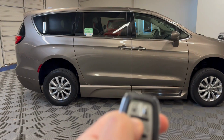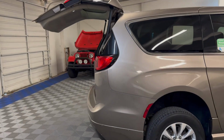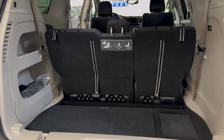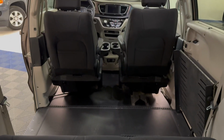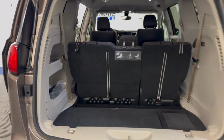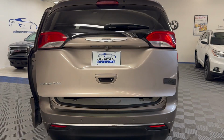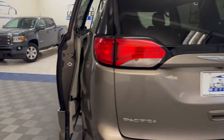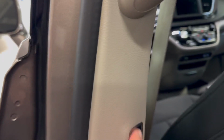Now you can do the same thing with the lift gate. And you also have a button for the lift gate on that side. And also, if you choose to use the button,